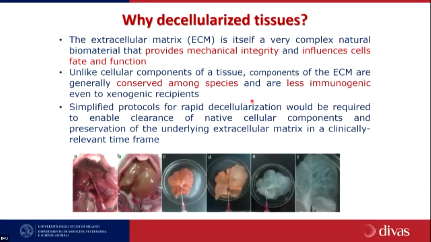The ECM is very interesting because it provides the correct mechanical integrity. And interestingly enough, it's highly conserved throughout species. So there is basically no immunogenic response. So this means that we can use a decellularized heart and we can repopulate it with human cells. And there won't be an